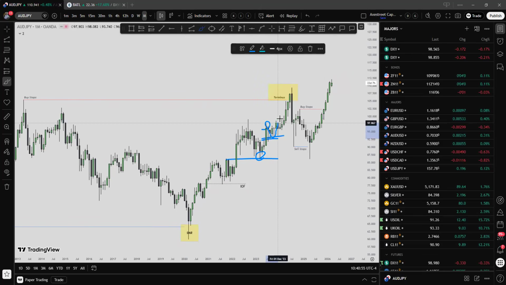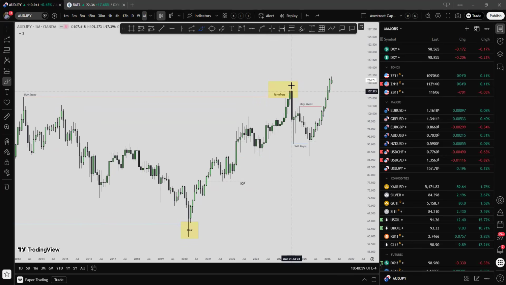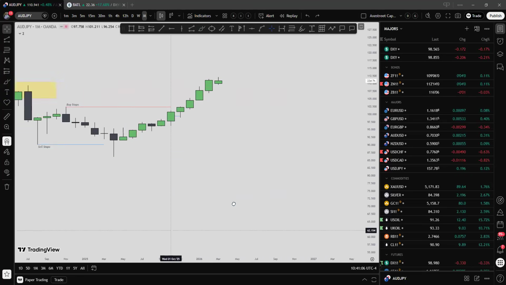Discount array in here, nice potential entry opportunities, and we trade the market towards terminus, right? We can see the market has reached terminus, came down. We had a nice stop hunt down here, okay? Then from here,